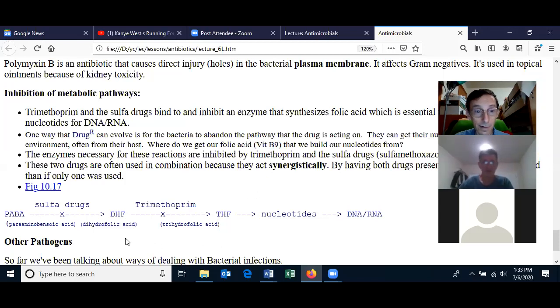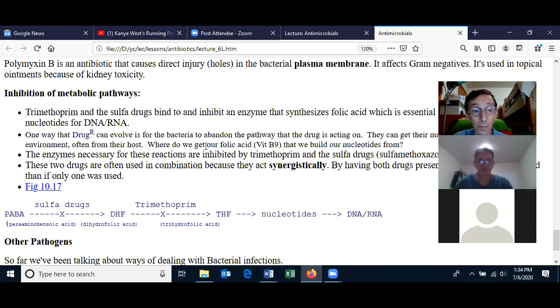Folic acid, which is dihydrofolic acid, and trihydrofolic acid is actually vitamin B9. And we can build our nucleotides from that. But like I said, we also get most of our nucleotides directly in the diet. Whenever you eat a cell, like especially in meat, you're going to get some DNA. And that's true for all cells, like watermelon. You get a little bit of nucleotide when you eat the watermelon because there are nucleotides in the plant cells, meaning DNA in the plant cells. There's also RNA, which we can digest too. All right, any questions about that?